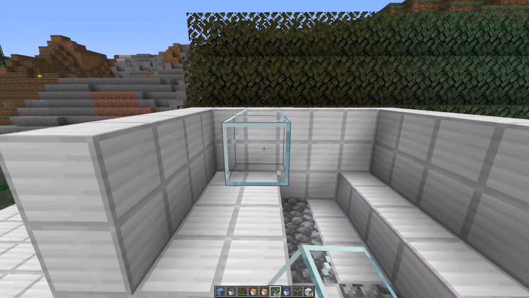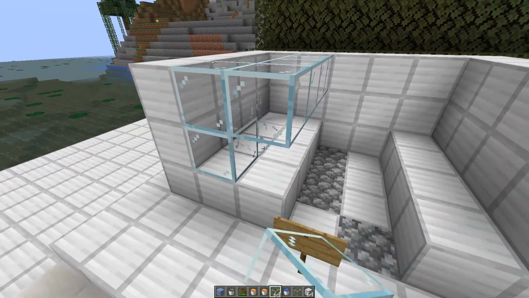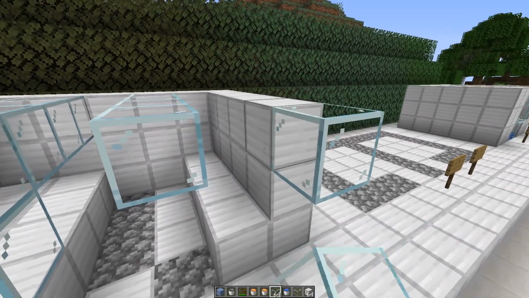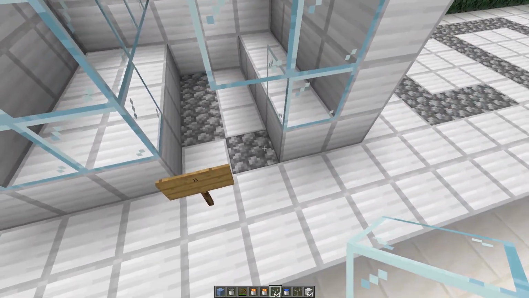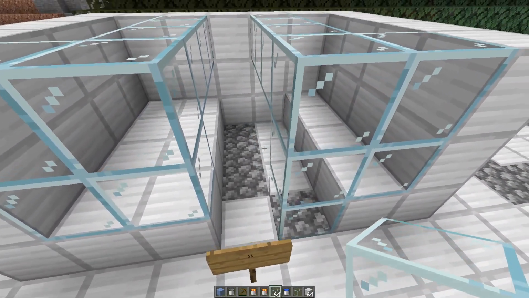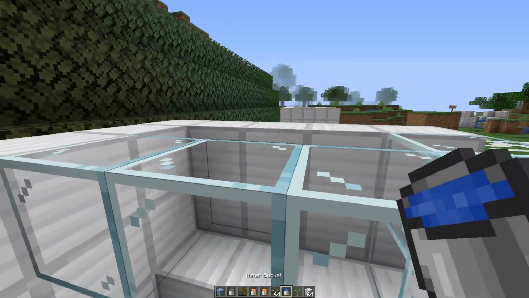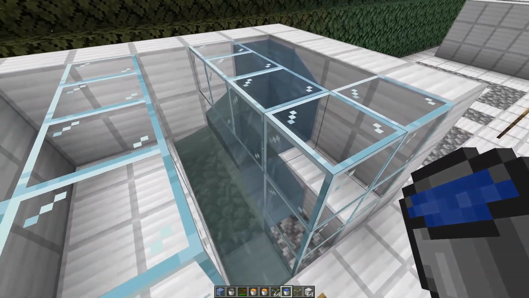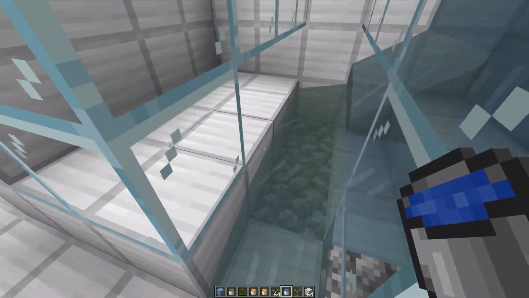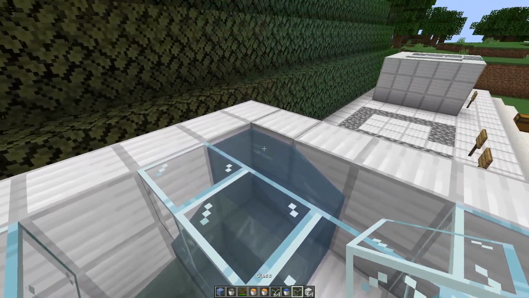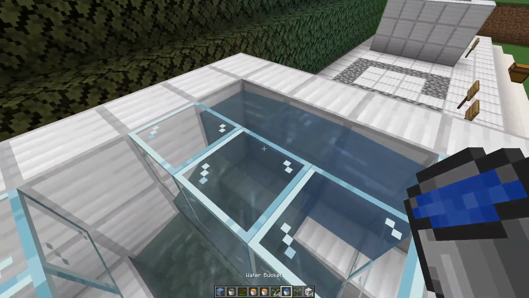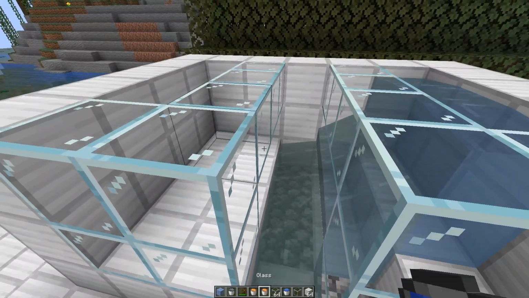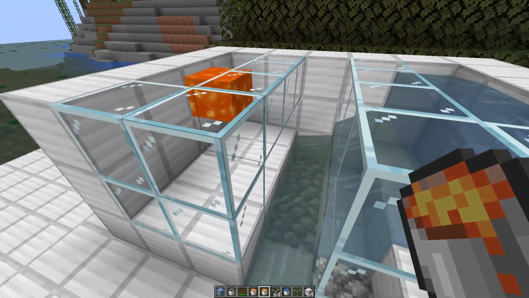Okay, then I just want to go across here, and across here, and up here. So this way, I find placing the water here or at the end. If you place it at the end, it doesn't get this block, so you have to make sure that you place it in the middle. And if it's like this, all of the blocks should come right towards you. So when you put your lava in,